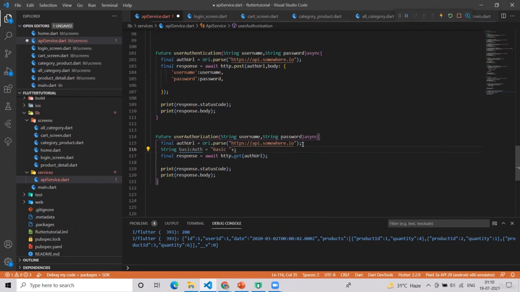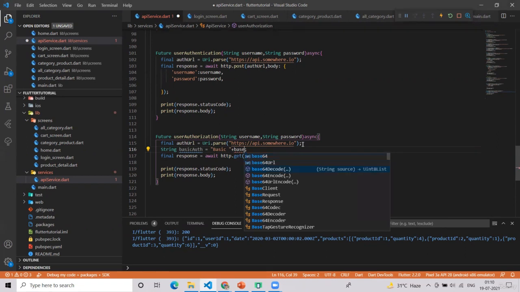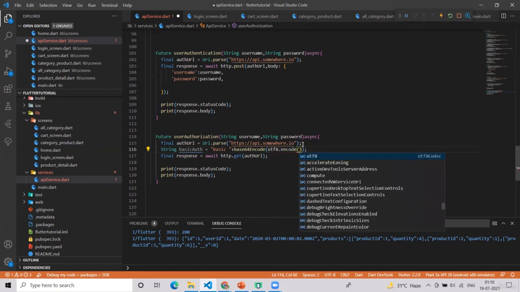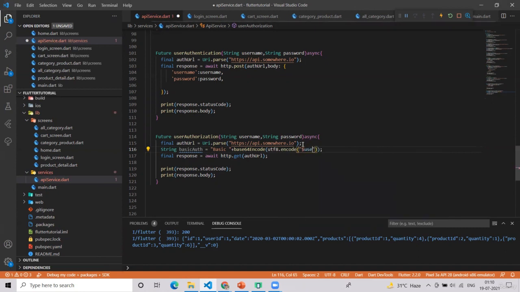After that we will have base64 encode, and inside I will just write utf8 dot encode, and here you will write your username and password. So simply username and password. So this code you have to remember. This basic is the prefix which we will be using.